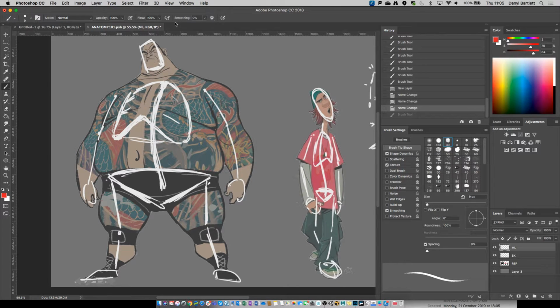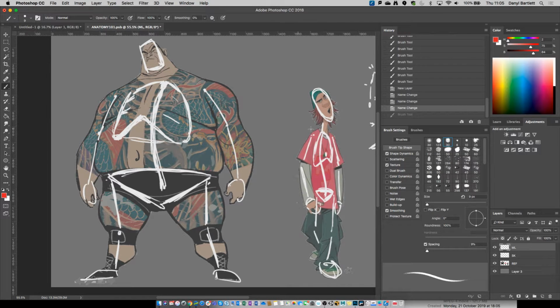But muscle is not the same as size. The muscle doesn't fill out all the space of a character. It fills out some of the space. But the reason we draw the muscle and think about the muscle is because that's where we understand the movement and what a character can do. Okay, so